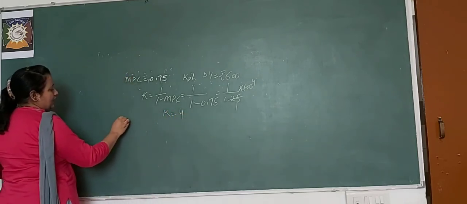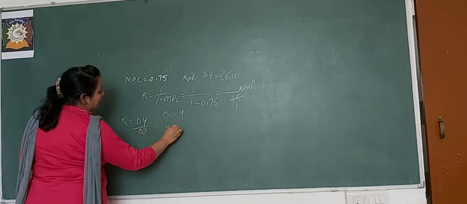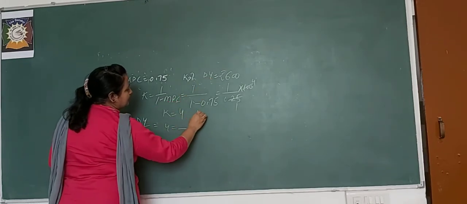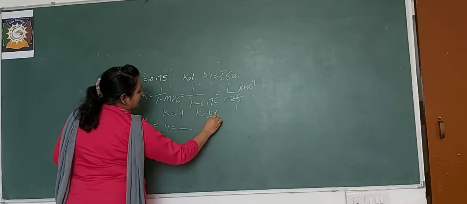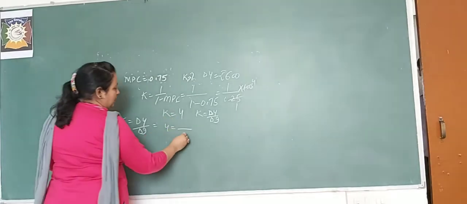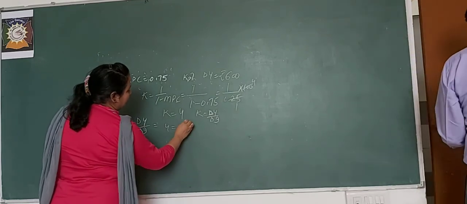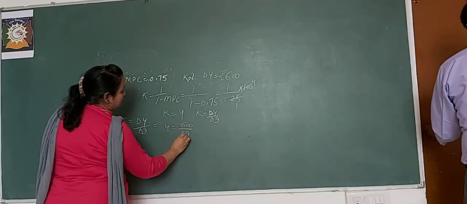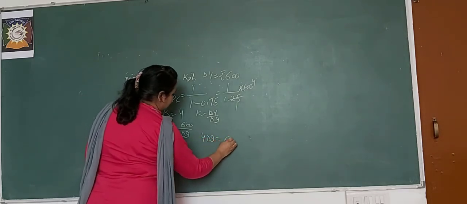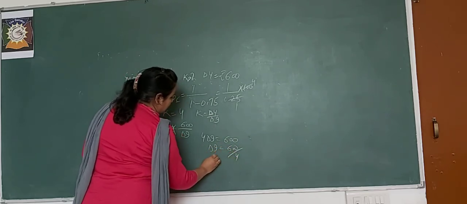So K is equal to delta Y upon delta I. So K will be 4, delta Y, income increased by 600 crore. So the K formula is delta Y upon delta I. Delta means change in. So I have 4, delta Y means change in income, that is 600 crore. It means how much is invested, it means 150 rupees or crore, if it is given, it will be invested.